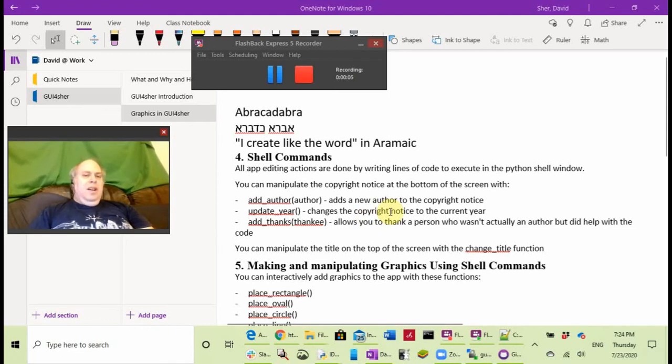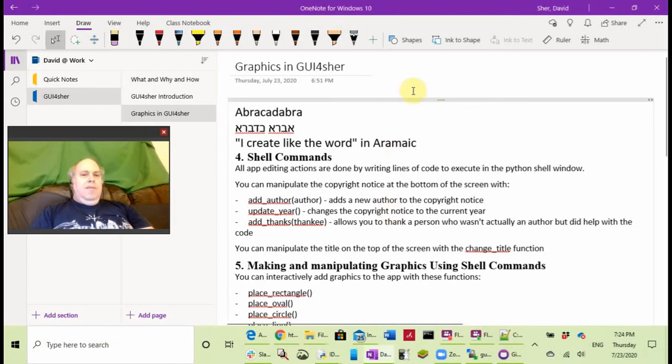This is David Sher, and I'm talking about graphics in GUI4sher. We're going to use the GUI4sher package and create graphics. Okay, so